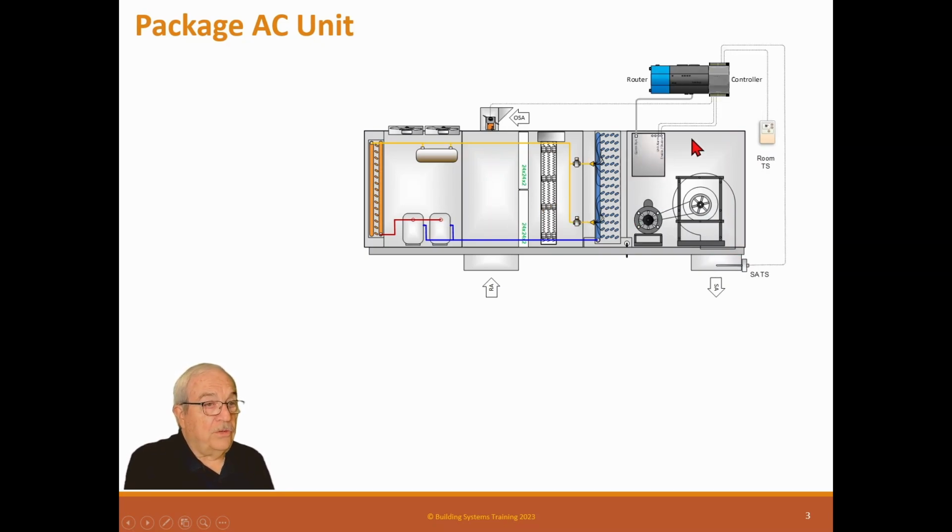Also, you can use a network connection if the unit's set up for it. Some units have internal control. All of them have internal controls, but some have internal controls that have network capability. So you can hook a network into it, and now you can see everything that's going on here. Now, you may not be able to control the refrigerant side of it, which is good, but you'll be able